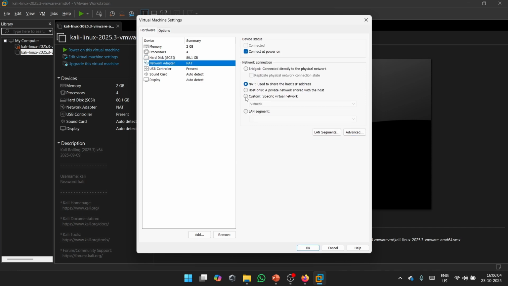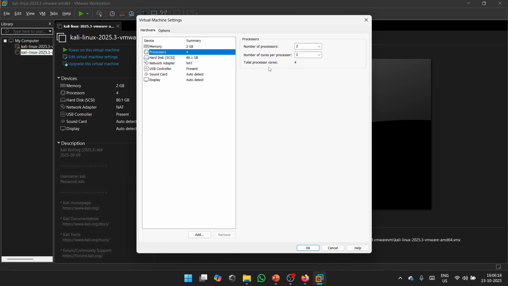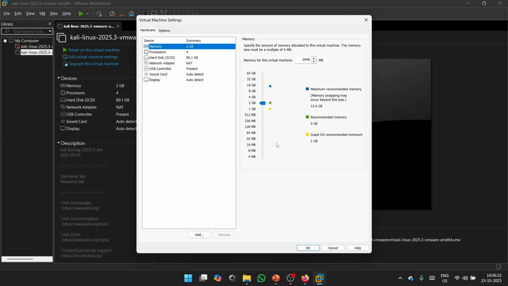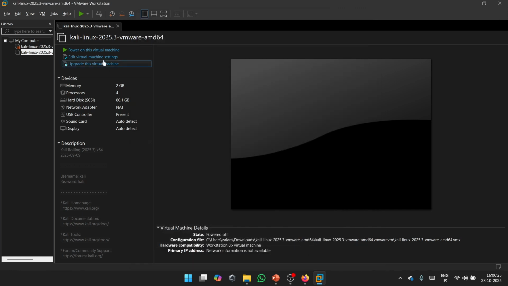Here it is NAT. It is using your host IP address, and NAT is a Network Address Translation protocol used for translating your host machine IP to the VMware's. It is using 2 processors. You can configure it as per your requirement. I am giving 2 GB only right now. After that, we can just